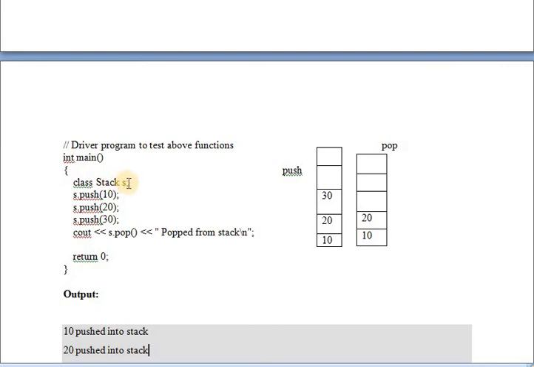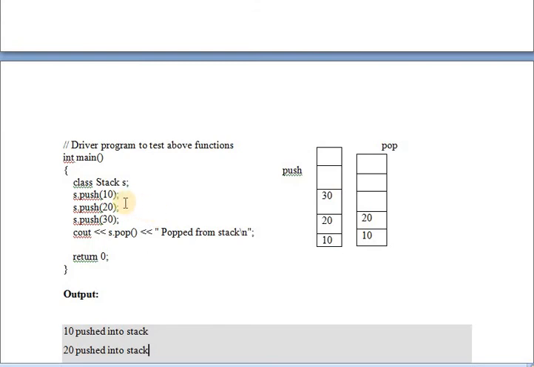You can just create stack s also, no issue. So s dot push. Here s is an object. You are going to push, that is, enter the element into the stack. The first element entered is 10, at the bottom. Next s dot push 20. So the next element is 20. Next we have inserted 3 elements here: 10, 20 and another one, 30.